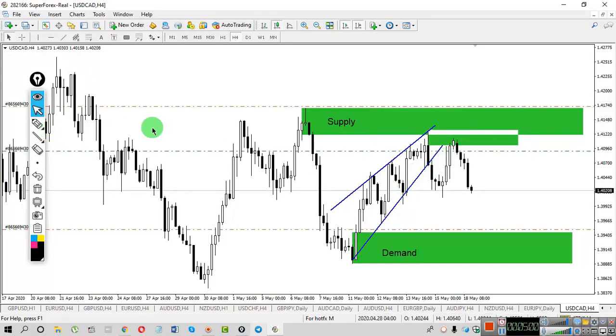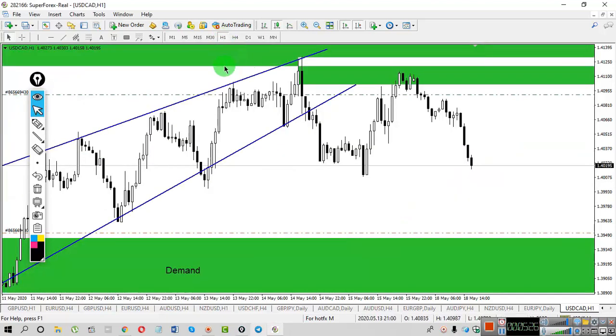If you are seeing, this is a rally, base, drop, and now this is a fresh supply zone. So how I entered this trade, let me show you the 1 hour time frame. When market was retracing this wedge pattern,